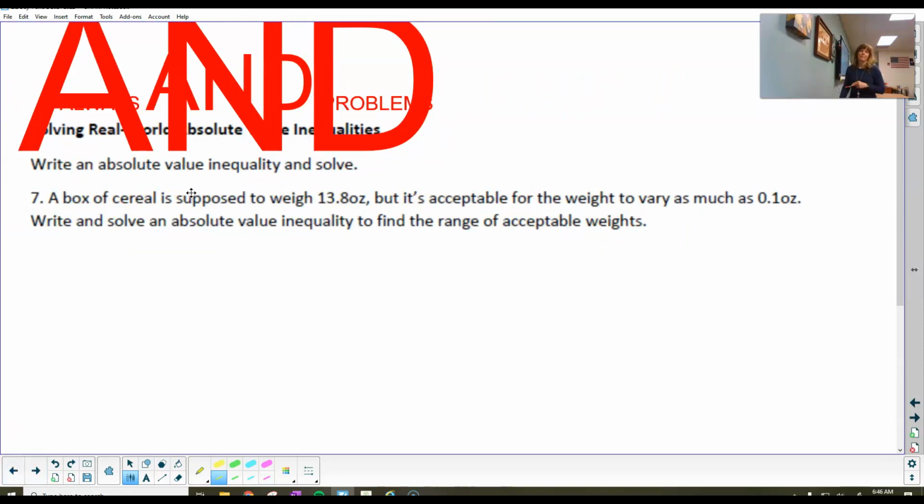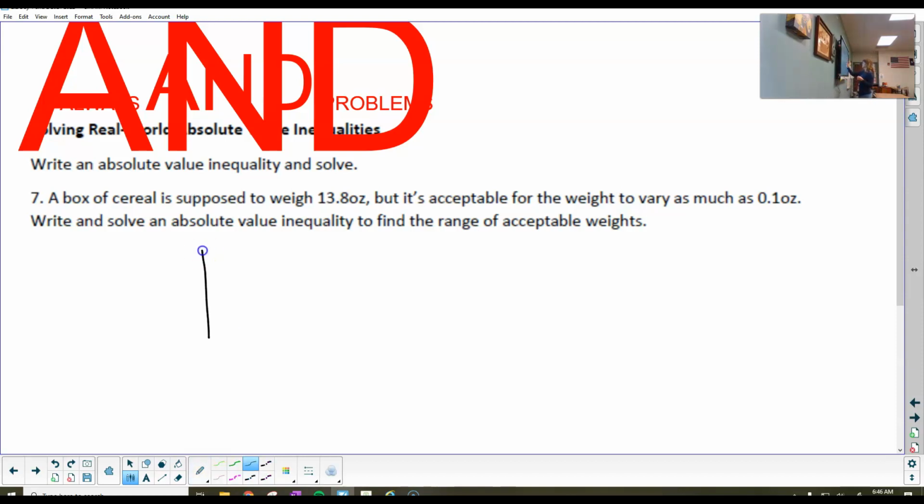If you look at number 7, it says a cereal box is supposed to weigh 13.8 ounces. That's the regular amount. But its acceptable weight can vary as much as by 0.1 ounces. Write and solve an inequality to find the range of acceptable weights. Again,